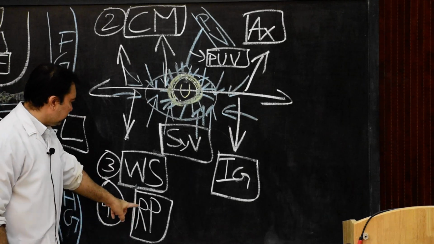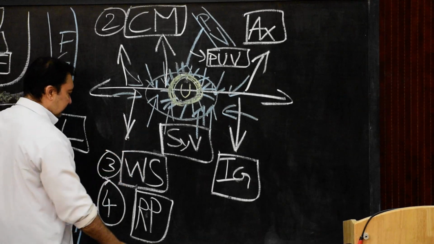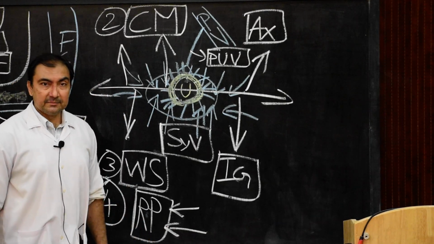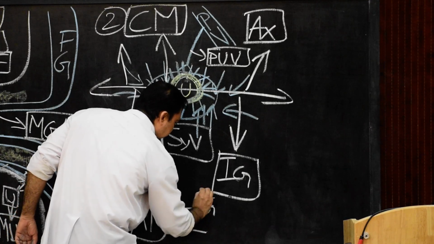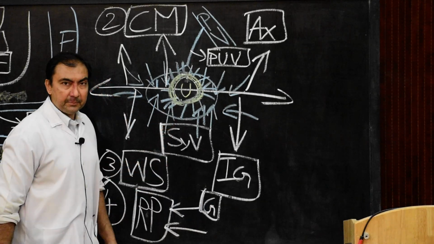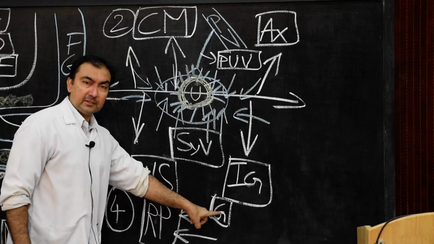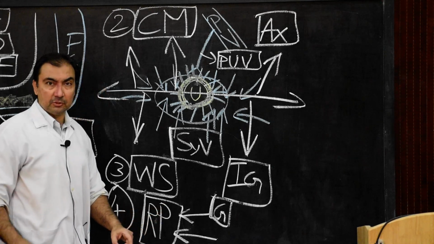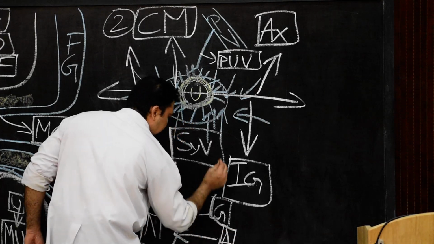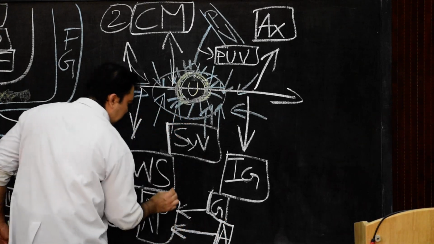Referred pain is very important. In referred pain, pain is felt at the umbilicus because of certain diseases in the gonads, testes or ovaries. If there is any disease or cancerous growth in the gonads, testes or ovaries, the pain will be referred to the umbilicus. Similarly, any pain originating from the appendix, inflammation of the appendix which is called appendicitis, will also be referred to the umbilicus.